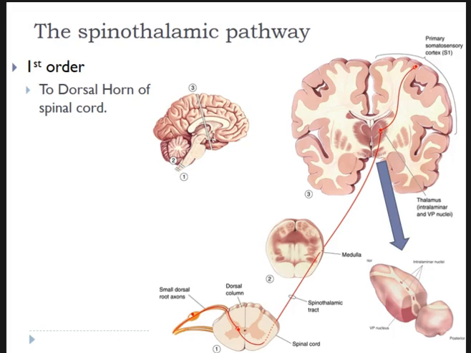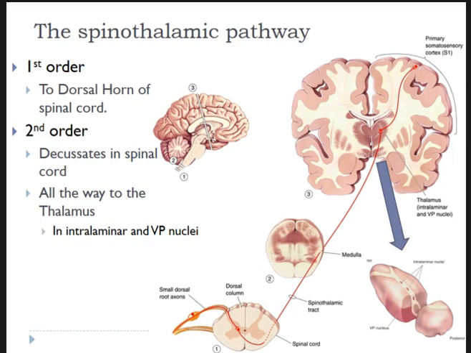So touch information came in from the right side and it went up the right side of the spinal cord. In this case, if we come in through the right side, we go up the left side of the spinal cord. So that is a substantial difference, and it can matter, as we'll see in a little bit. The second order neuron is going to keep on traveling